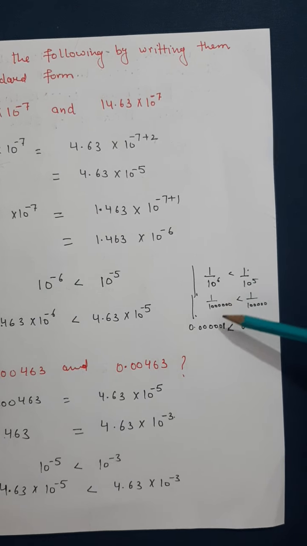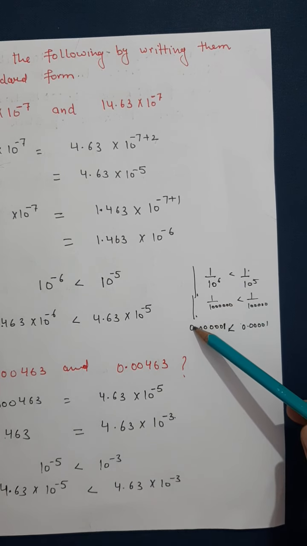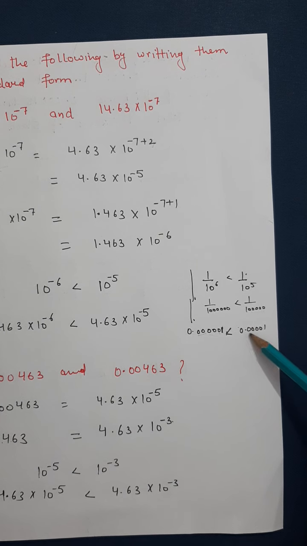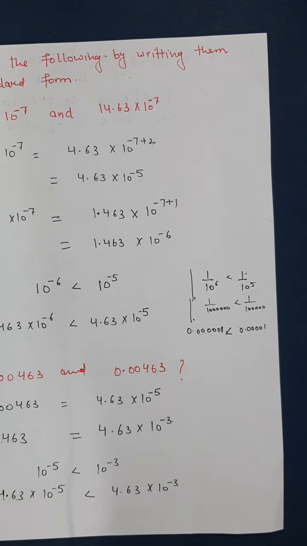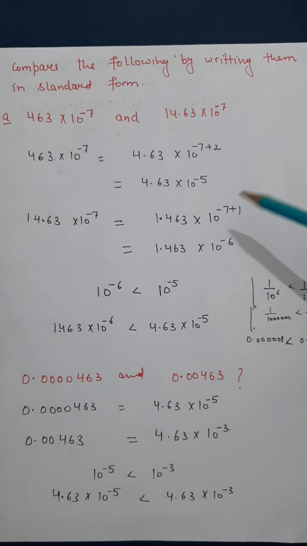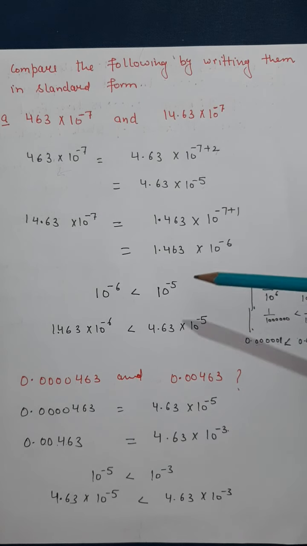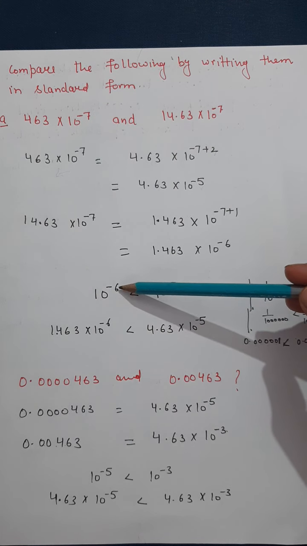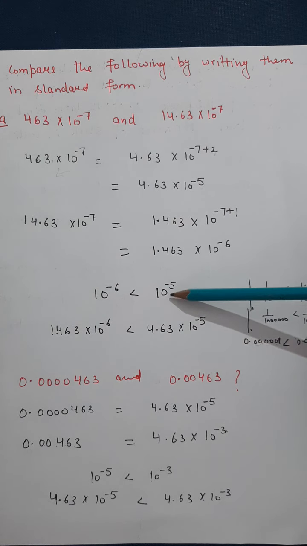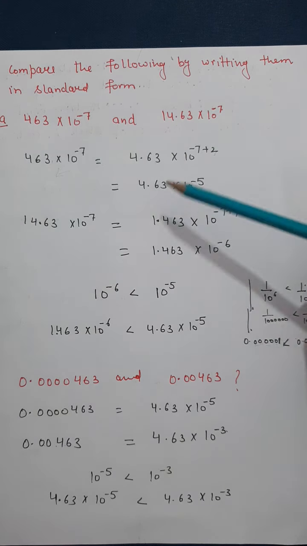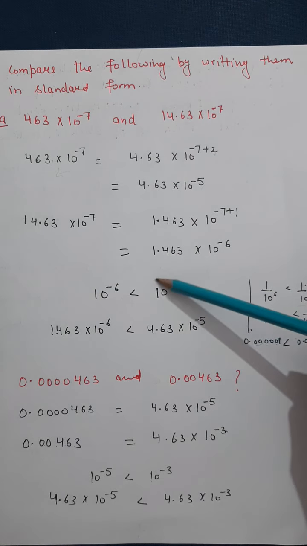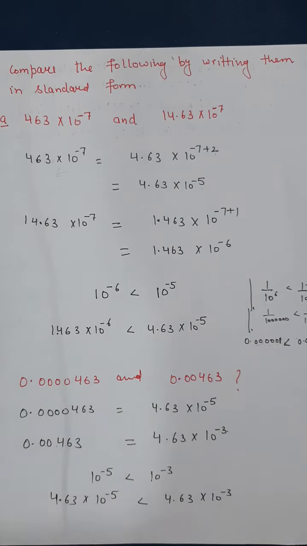1 upon 10 lakh. Okay, so here the decimal will come, 0.250, then 1. Here it is 0.40 and then 1. Okay, it means this number is always greater. The smaller number with a negative sign will be the greater. So 10 to the power minus 6 is greater than 10 to the power minus 5. So you can multiply the given number with them. Okay, so it will be greater, right?